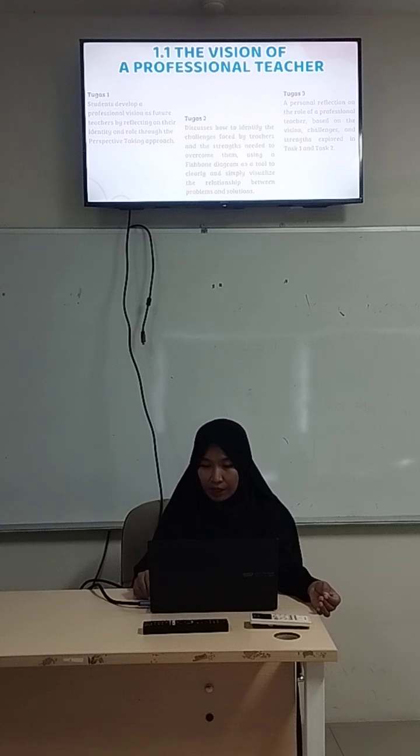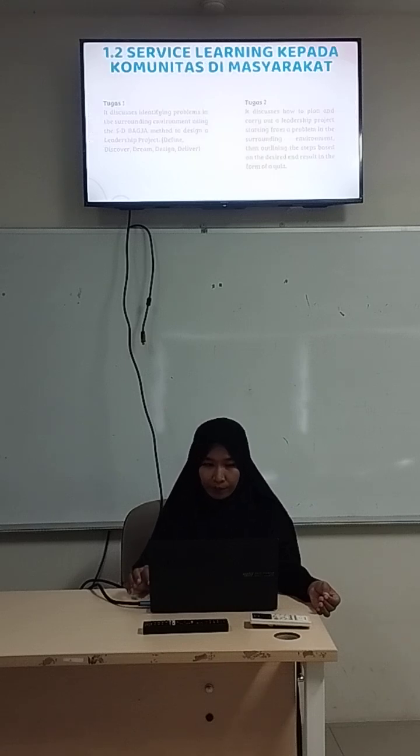And the last task is a personal reflection on the role of a professional teacher based on the vision, challenges, and strengths explored in task 1 and task 2.